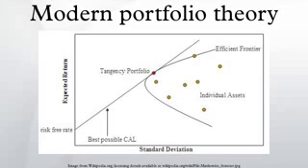Where w is a vector of portfolio weights and Σ is the covariance matrix for the returns on the assets in the portfolio. Q is a risk tolerance factor, where 0 results in the portfolio with minimal risk and infinity results in the portfolio infinitely far out on the frontier with both expected return and risk unbounded. And μ is a vector of expected returns. wᵀΣw is the variance of portfolio return. μᵀw is the expected return on the portfolio.